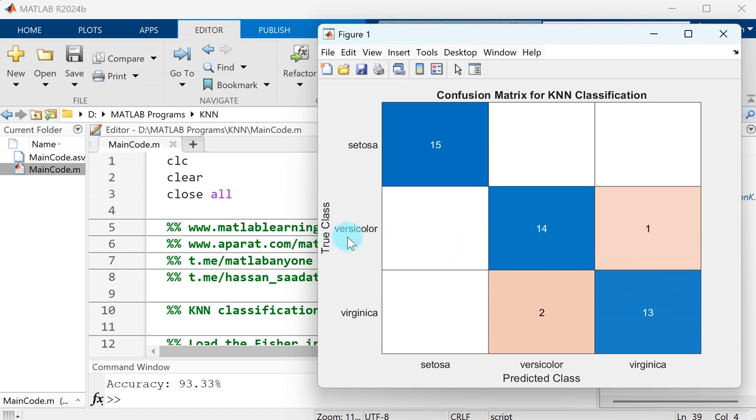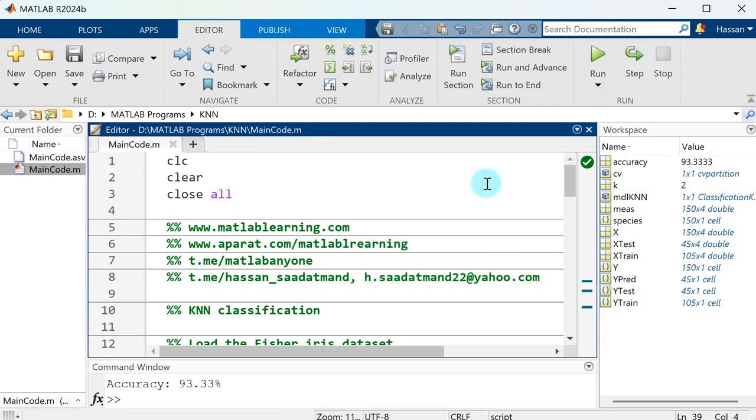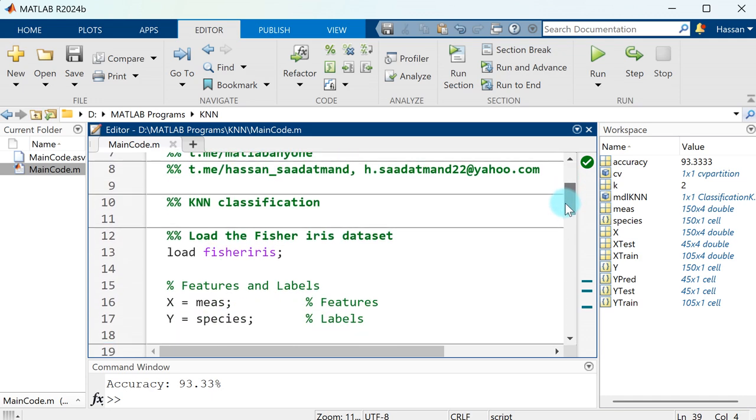For example, the versicolor class contains 15 samples, while for one of them our trained model predicted it into the final class incorrectly. Okay, so this is the confusion matrix,